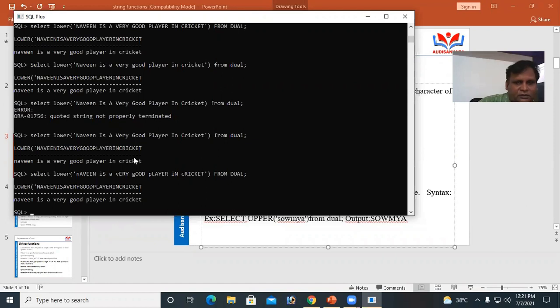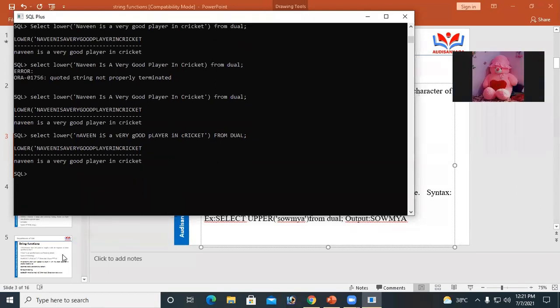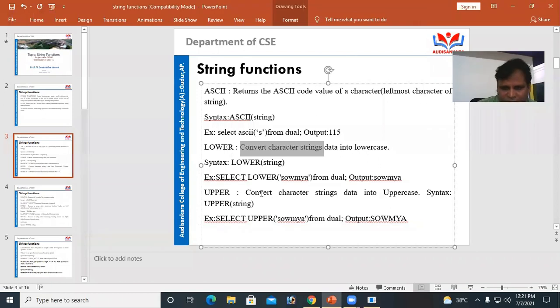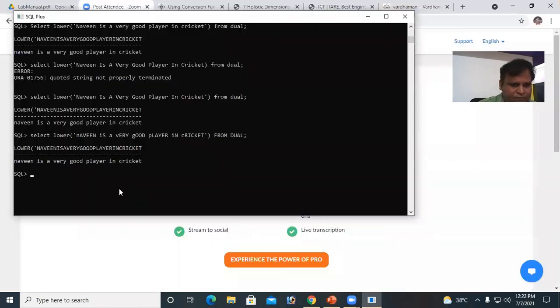We are converting uppercase to lowercase, title case to lowercase, toggle case to lowercase, sentence case to lowercase. We are converting these cases. And one more string function is UPPER. UPPER converts data into uppercase. It converts character data, string data, into uppercase. String means a sequence of characters, any type of data. Okay, here we are giving an example.